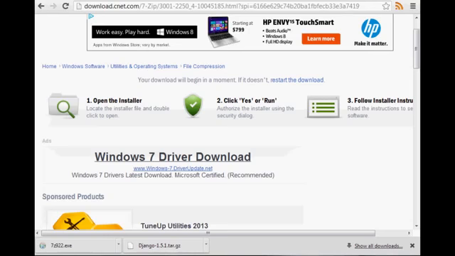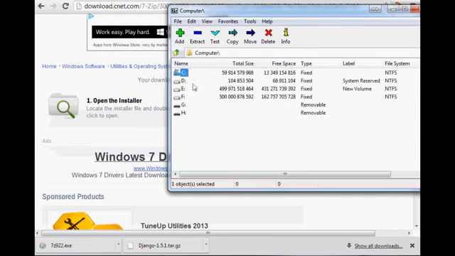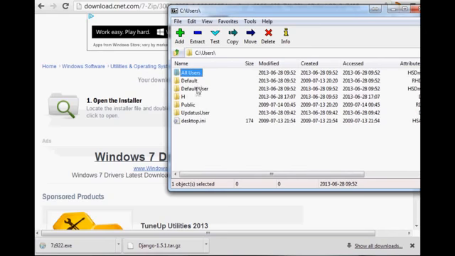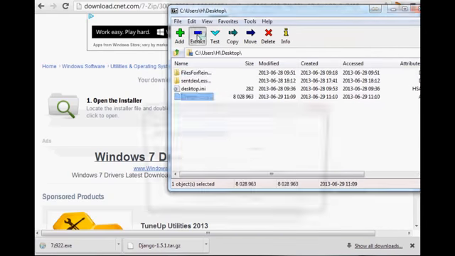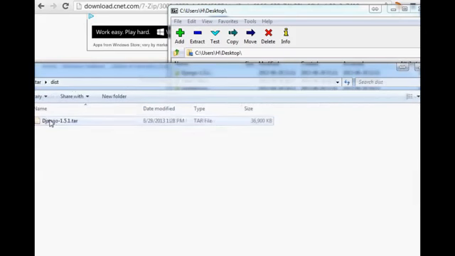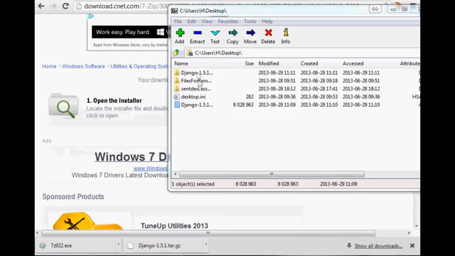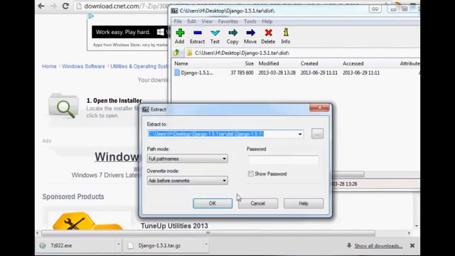And I wonder if I can just open it. Nah, okay. So now I'll just go to open. I guess we'll do it this way. Users, H, desktop, Django, extract, okay. So now we've extracted that to the desktop. Sure enough, it's here. And then we've got this tarball in the distributed file. So we'll just go ahead and take care of that as well. Extract, okay.